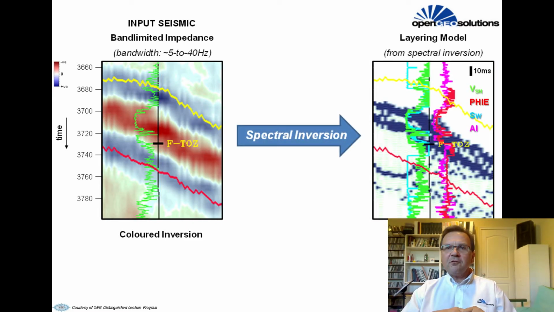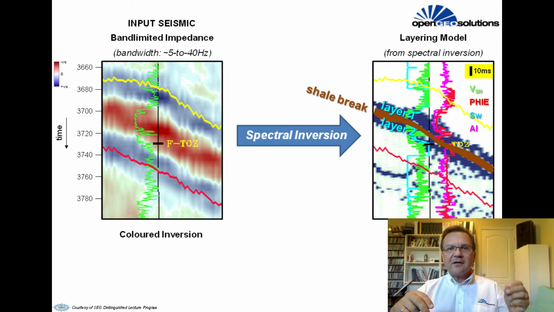When we applied spectral inversion on a trace-by-trace basis to this seismic zone of interest, the interference patterns consistently sensed and therefore predicted a two-layer solution. This corresponds nicely to what is seen at the well. Note the 10 millisecond scale bar for reference. The predicted thickness of the shale break is approximately the same order of magnitude as the 4 millisecond sample rate